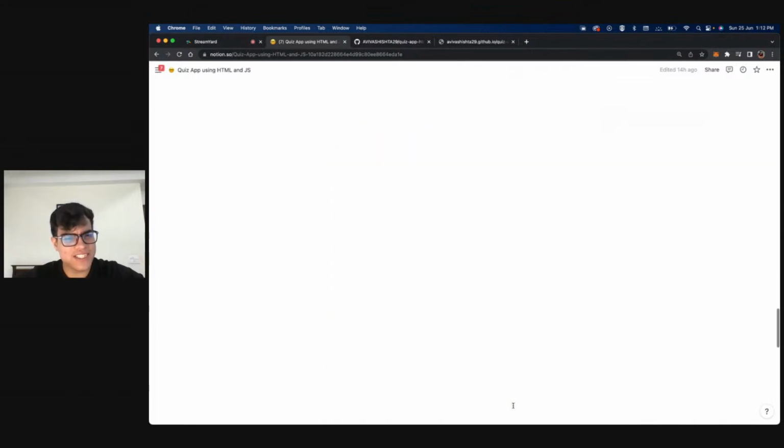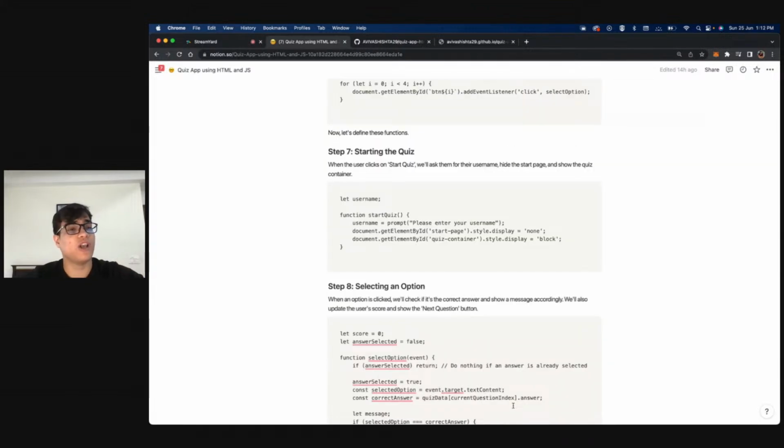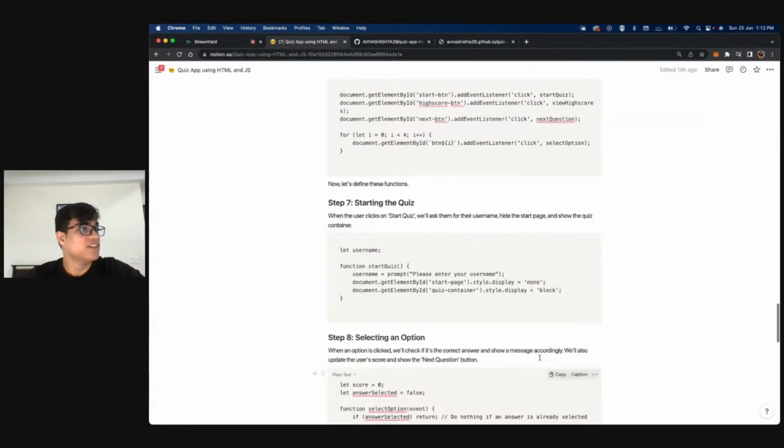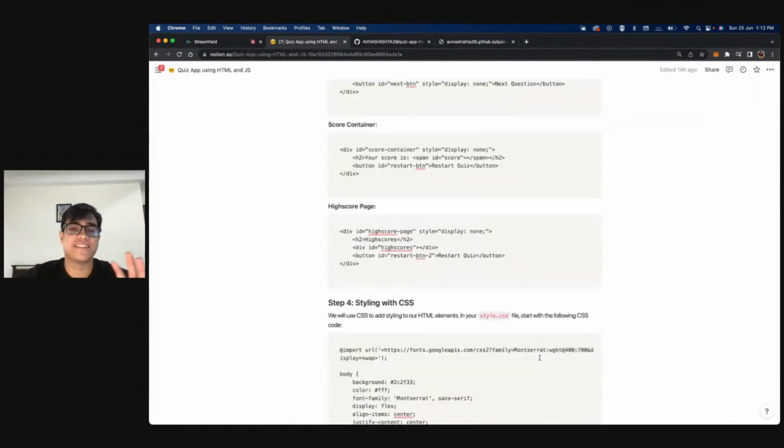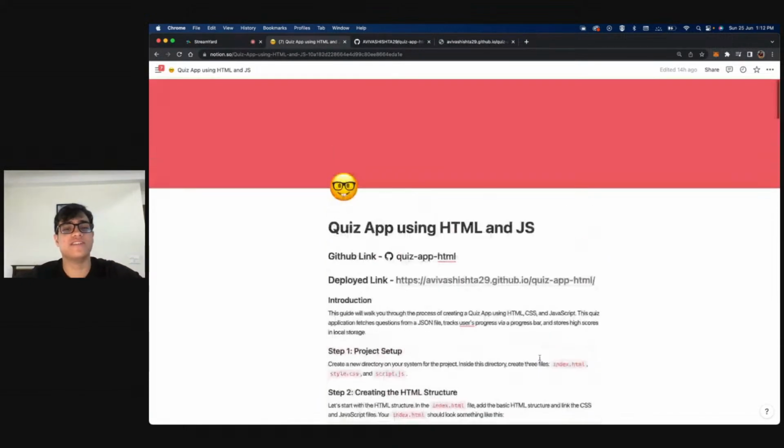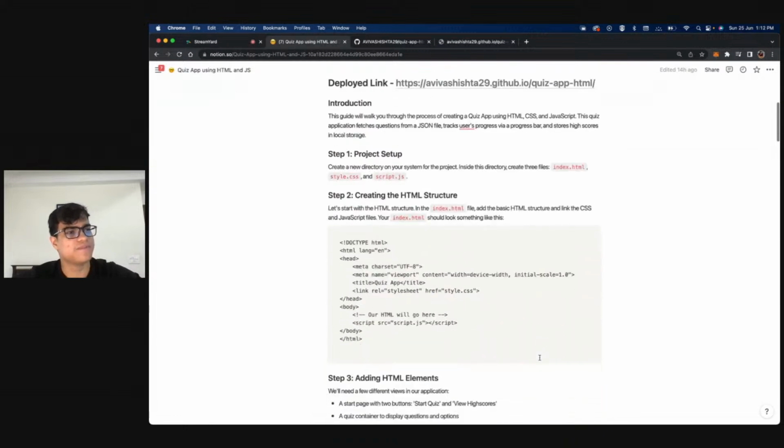So the documentation has been provided, you guys. We will be following this very documentation today, so don't worry about it. This is given, this is publicly viewable. So first tell me if this is open for everyone. This should definitely be opening for everyone. It is a public link, but still, right?